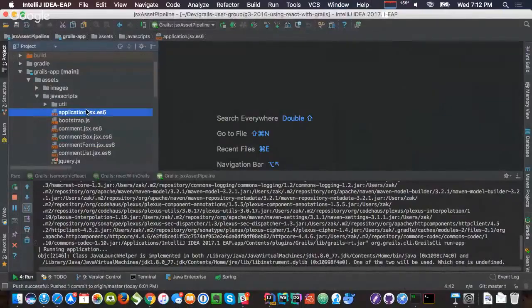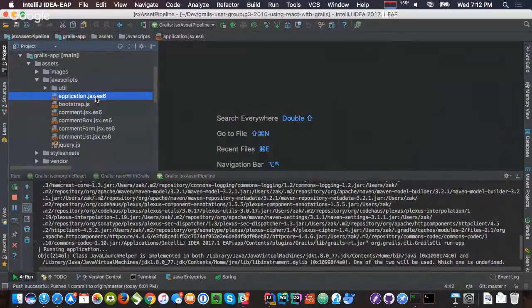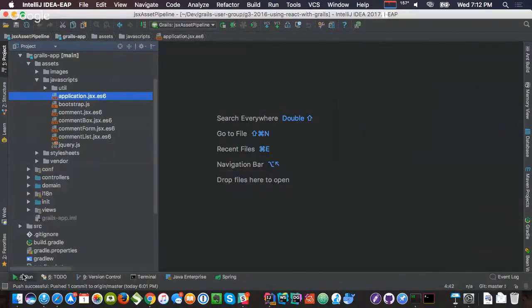So you see the file extension types are .jsx and .es6, and that's necessary because I want to run this through both the JSX plugin to process our React code and the ES6 plugin to process my ES6. And we're using both here. So I'll take a look at the